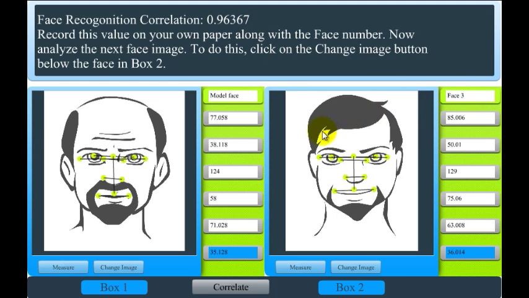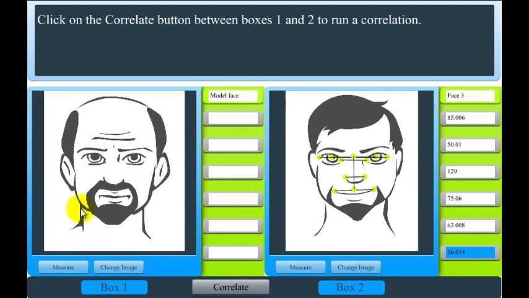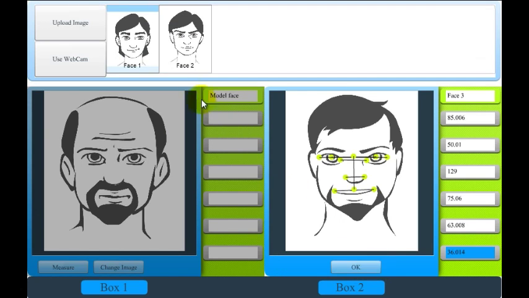Now, you should be able to answer the question, based on your measurements and analysis, which face, 1, 2, or 3, most closely resembles the model face? Remember, the closer a correlation value is to 1, the more closely related the data. Check your answer with your teacher. If you would like to repeat the sim and try again, click on the Measure button under the model face in box 1 and click the Change Image button in box 2 and choose the face you would like to